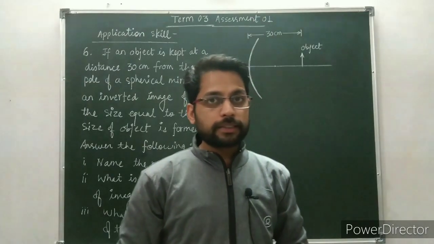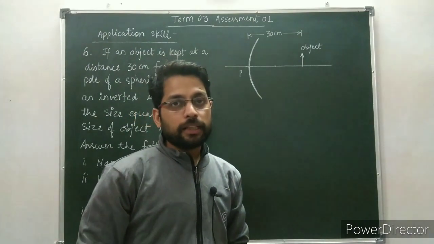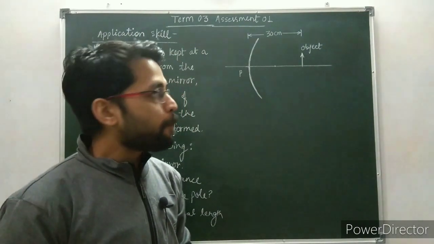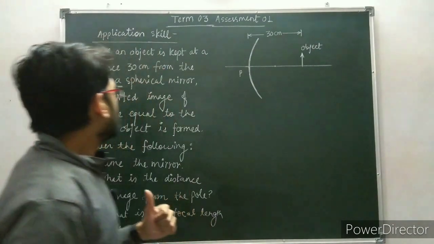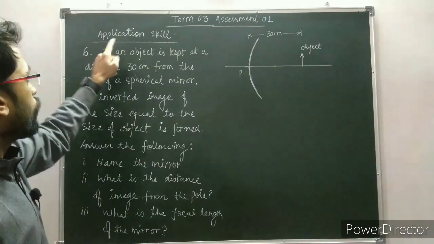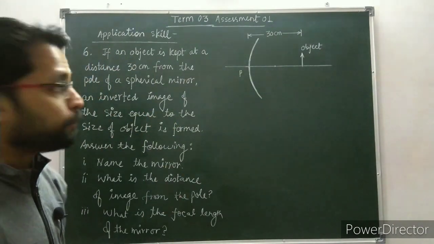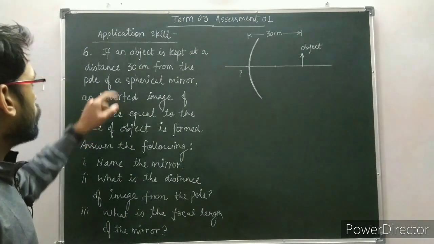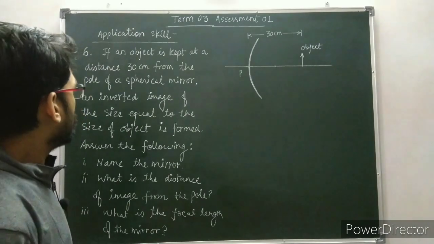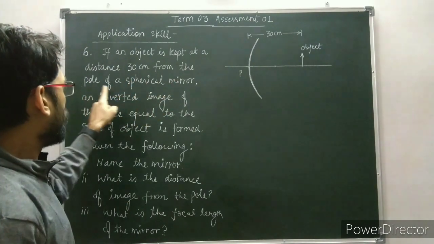Today I'm going to discuss some of the questions that came up in the term 3 assessment 1 and 2. Now come to the first one, that is question number 6 from the application part of term 3 assessment 1. And the question was, if an object is kept at a distance 30 centimeter from the pole of a spherical